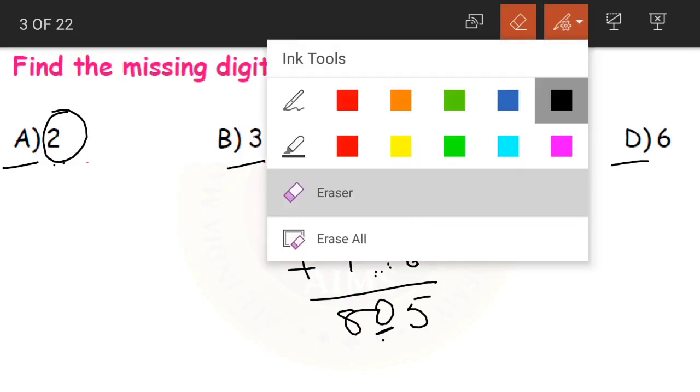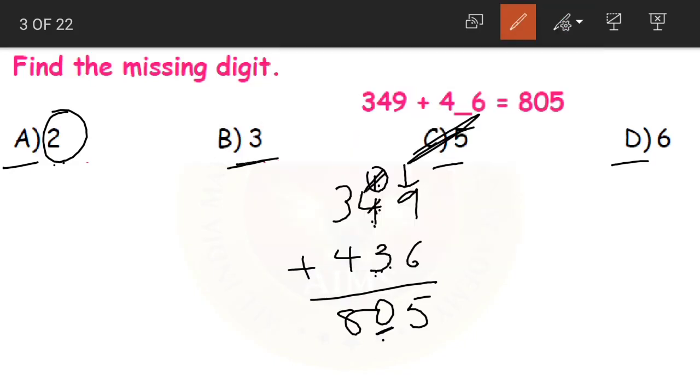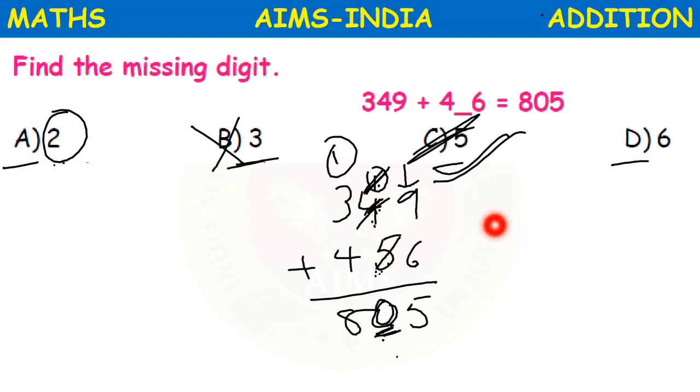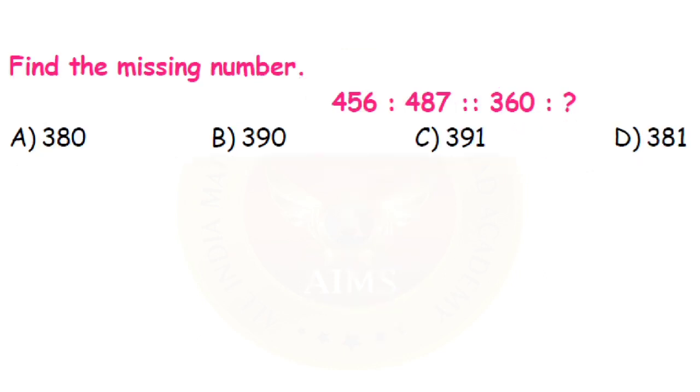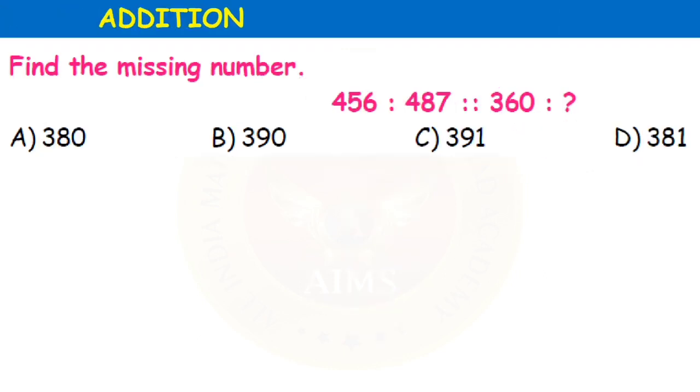Now let us look at next number 3. So if we keep 3 here, again 1 plus 4 5, 5 plus 3 8. Again we are having 0 here. So 3 is also not the correct answer. Yes children. Now moving on to option C 5. 1 plus 4 5, 5 plus 5 10. Yes 0 here, 1 carried. Yes we got 0 only. So option 5 is the correct answer. Whenever you don't know what might be the correct answer, you can try this method. You can put each option in the question and check whether we are getting the answer or not. Okay, clear children?